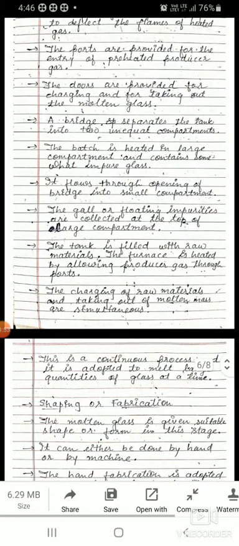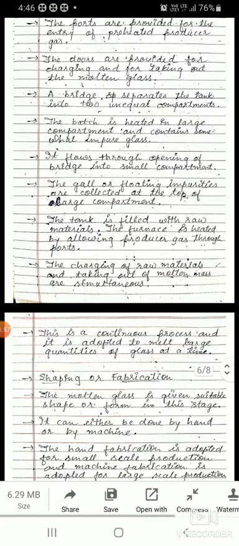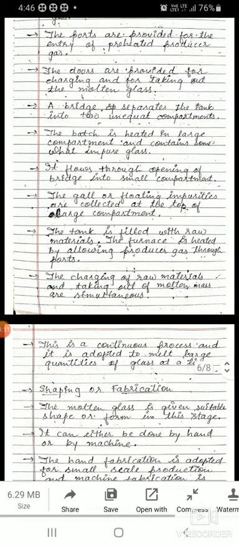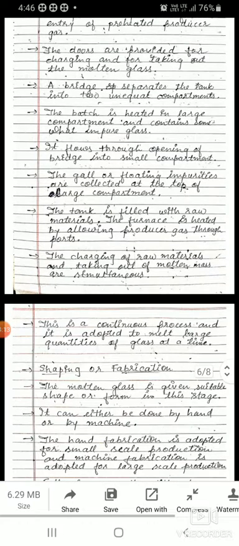The floating impurities are collected at the top of the large compartment. When glass melts, the impurities are collected from the top of the large compartment. These all are floating impurities, so we can collect them from the large compartment.